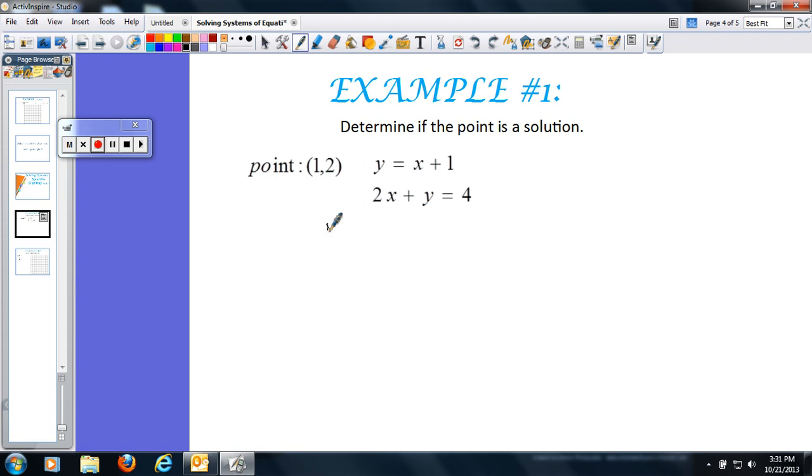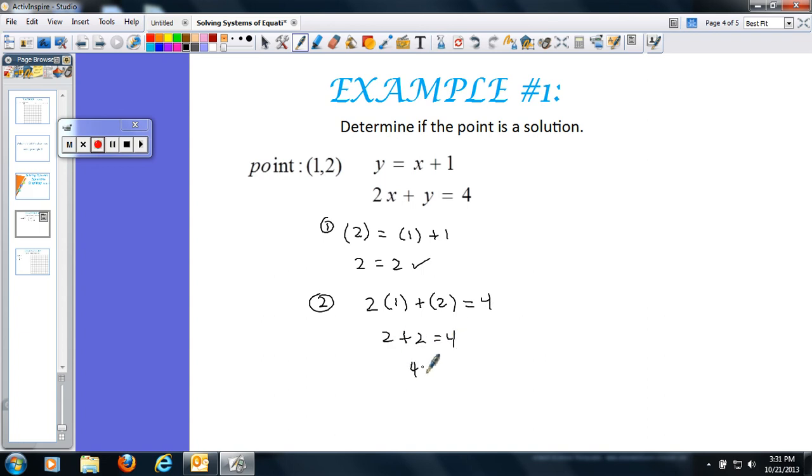So for the first one, we have y equals x plus 1. I'm going to plug this in. So I've got 2 equals 1 plus 1. This is 2 equals 2. So for equation 1, it checks. Now let's check equation 2. 2 times 1 plus 2 equals 4. This is 2 plus 2 equals 4, which is 4 equals 4. So this is